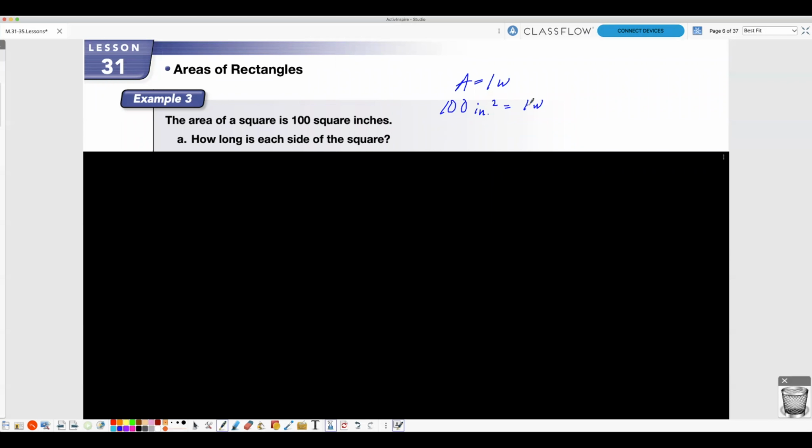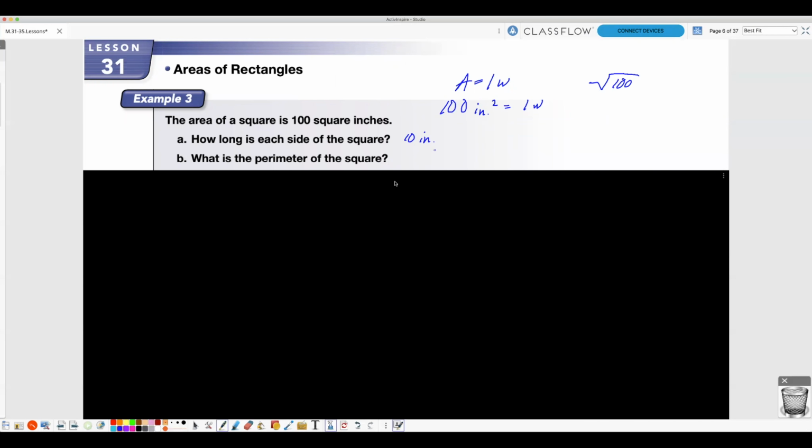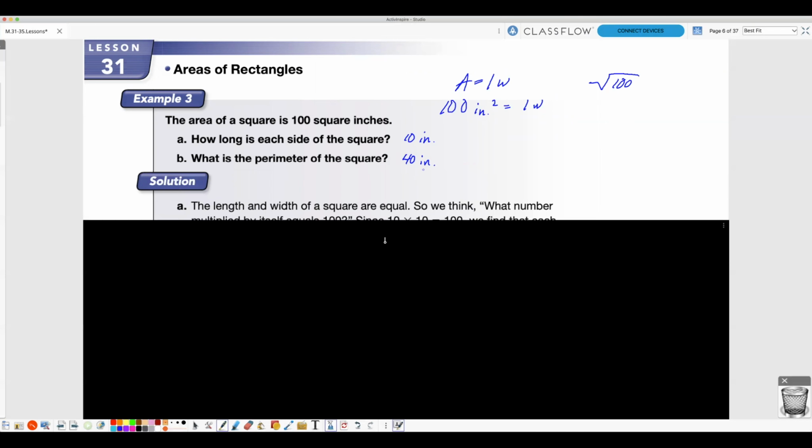And they have to be the same on a square. So what number multiplied by itself will equal 100? So what's the square root of 100? If you know what the square root is, you would know that each side of these would have to be 10 inches long. The perimeter of the square, then, if you know that one side is 10 inches and you know the 4 sides are all equal, you would hopefully recognize that it's 40 inches for the distance around the